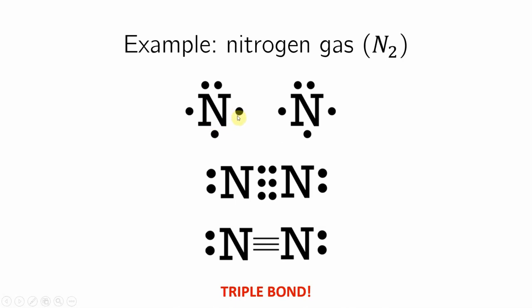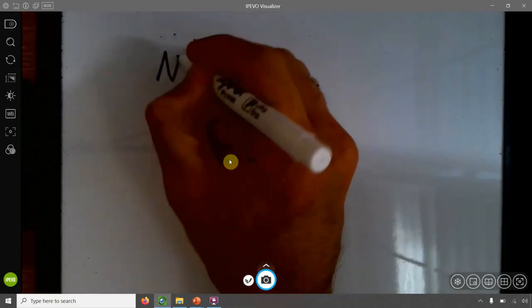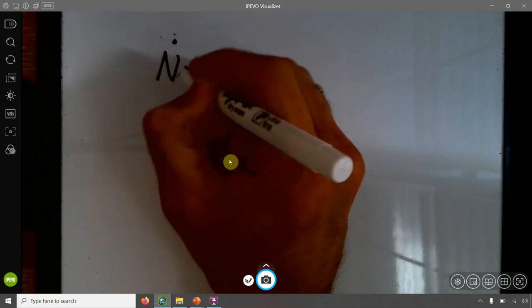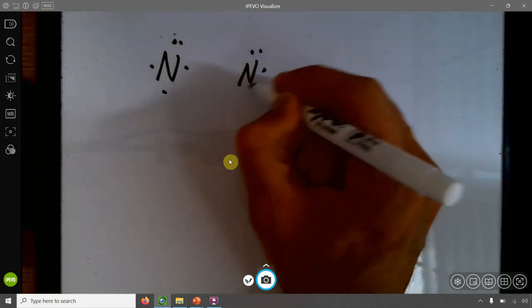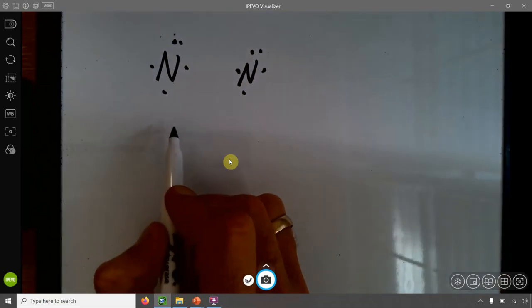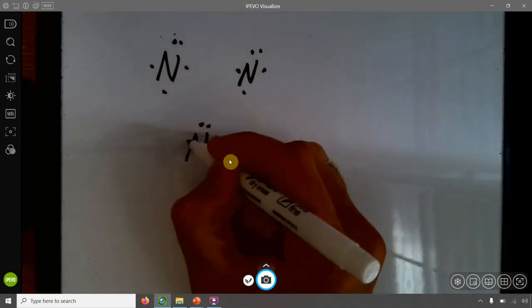That's not the octet rule. That's not happy. So they say, let's share 2. So let's actually look at it on the whiteboard. Let's say I have N, 1, 2, 3, 4, 5, and another N, 1, 2, 3, 4, 5, and they say, let's share 1. So if they share 1 and they get together,